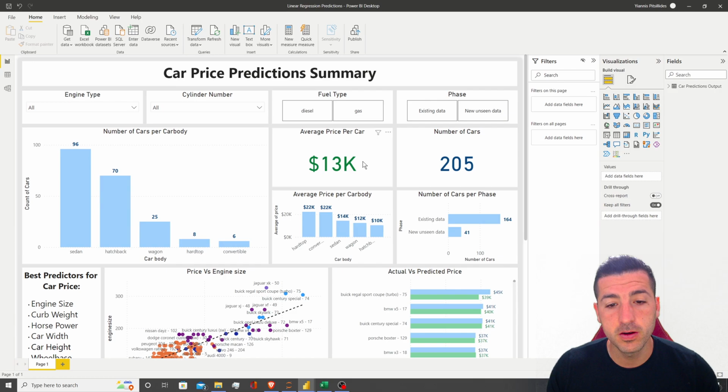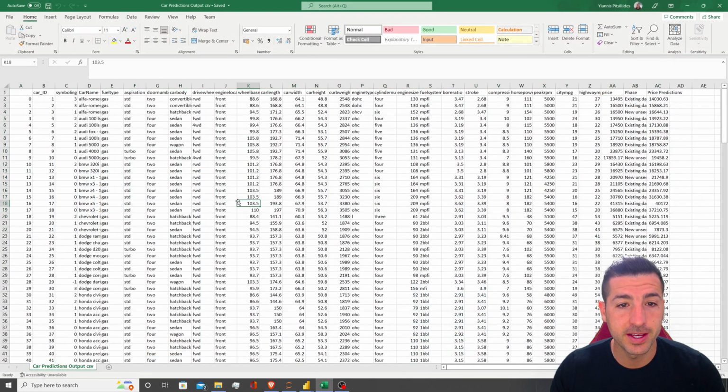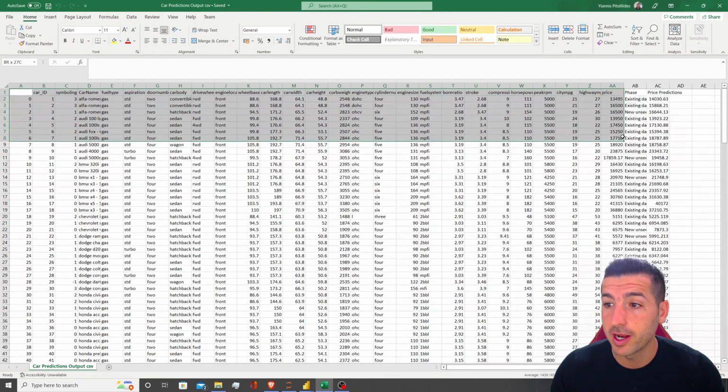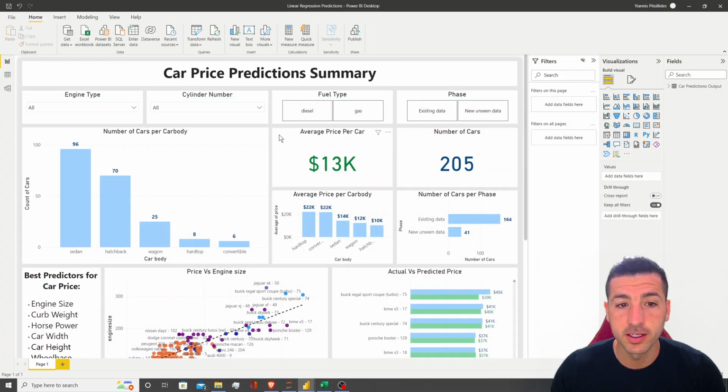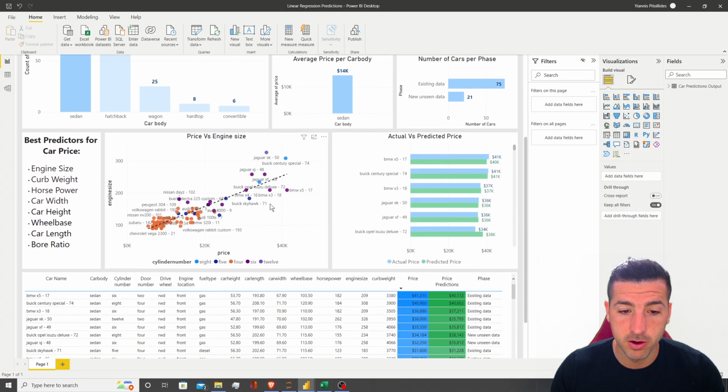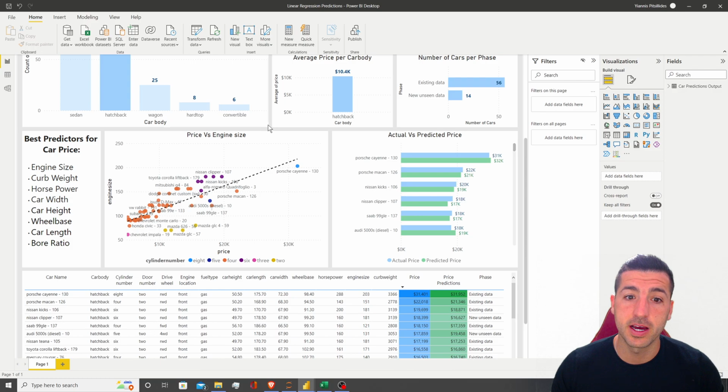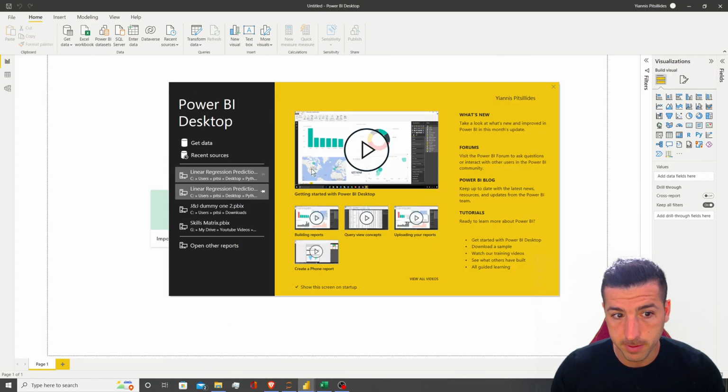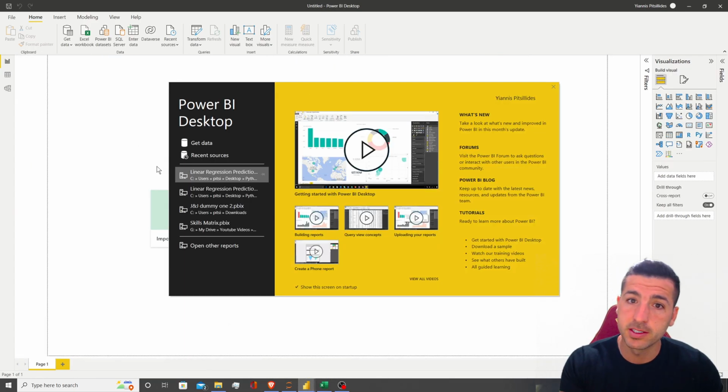In this video, I'm going to show you how to take some Excel raw data that looks like this and turn it into this interactive Power BI dashboard. So we're going to start this with a new blank file, and we're going to build this dashboard bit